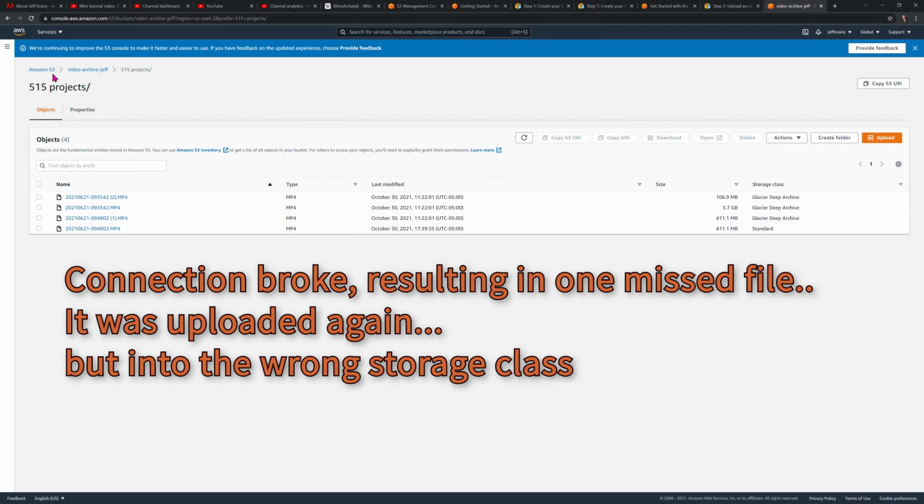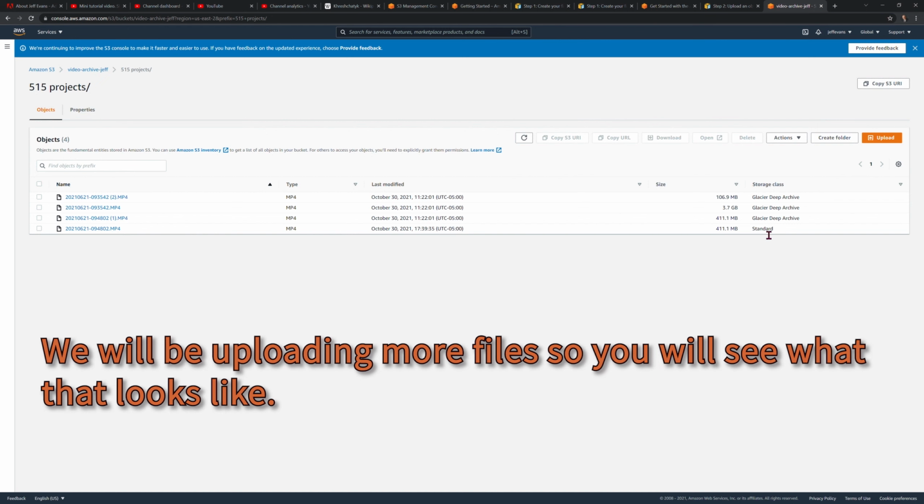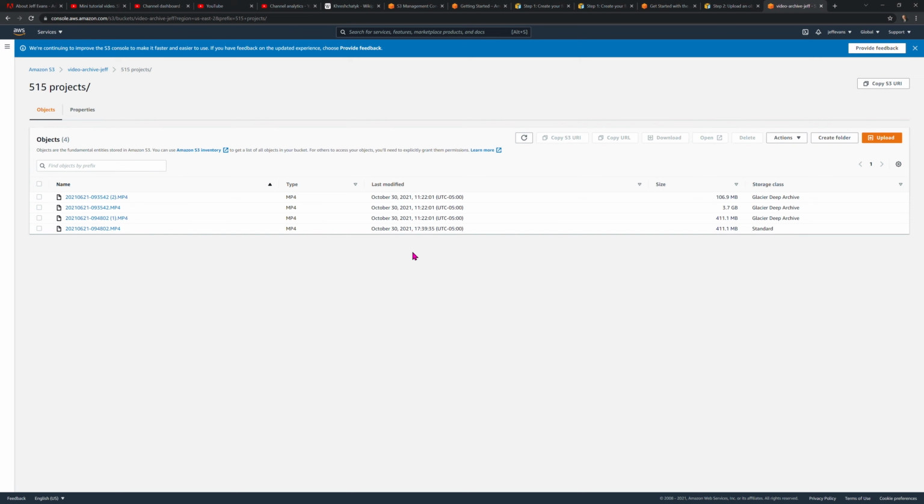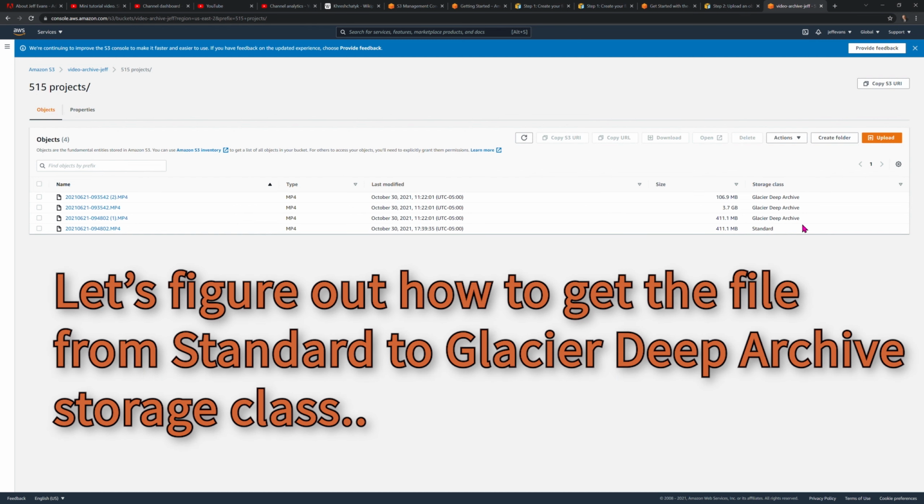There's Amazon S3. This is my bucket video archive. And this is the file folder that I downloaded. And there are 4 things in the file folder. And this last thing here failed. And I uploaded it again. But notice, I forgot to set the storage class to Glacier Deep Archive. And now it's storing it in standard, which is more expensive because the Glacier Deep Archive is the one that